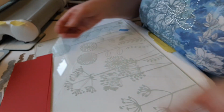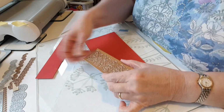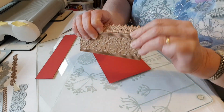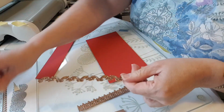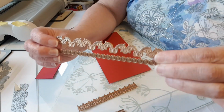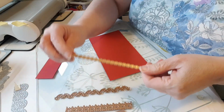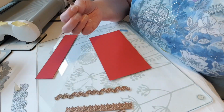Okay. So, ideas for foiling. I've got here a selection of hot foil plates from my collection. Just make sure that's focusing. There we are. So I've got some Spellbinders ones, and the one I've used already and this one are a 2-part set. I've got some other Spellbinders ones from another border set. I think this was an Art Deco border set, and there's a couple of other foil plates in that set. So there's some more. Okay, so I could imagine maybe on this putting the row of dots down the middle,